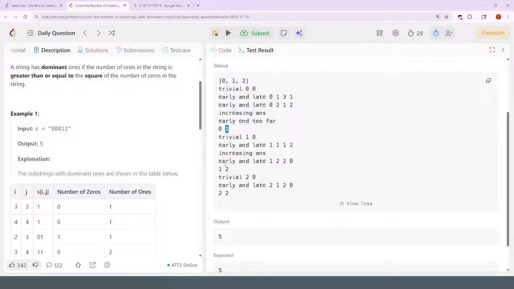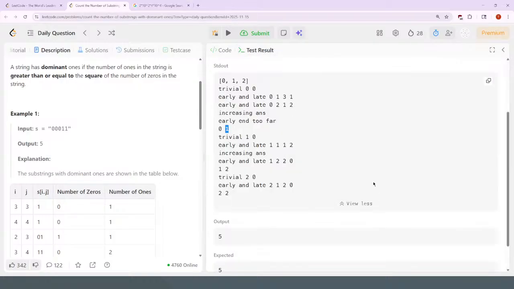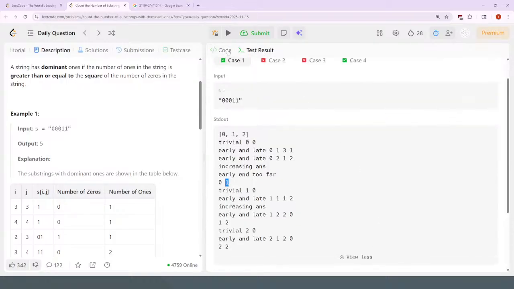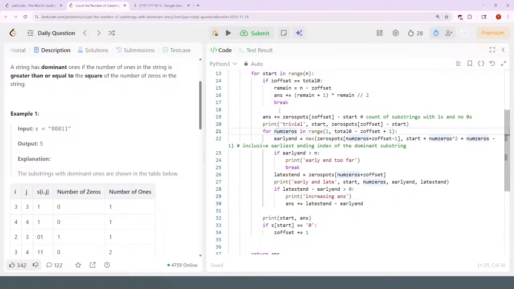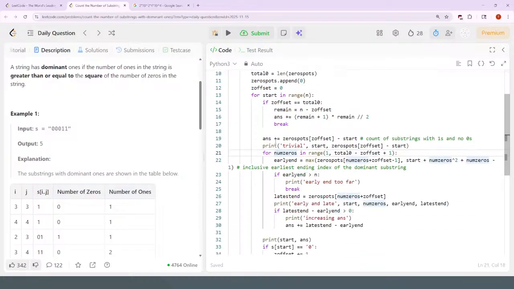When it's 0, it's increasing to 1. When it was 0, it's increasing to 1. Okay, so num zeros. All right. Yeah, this is